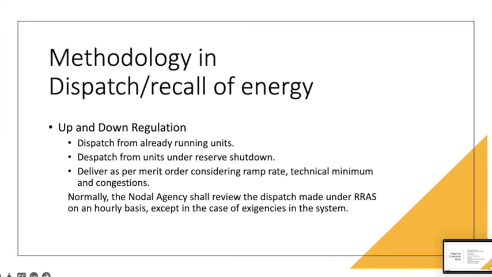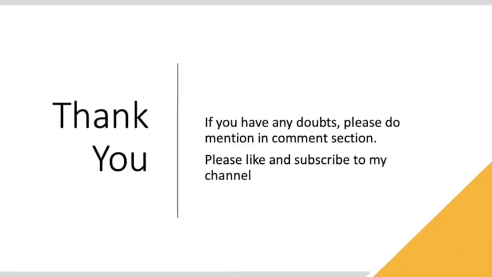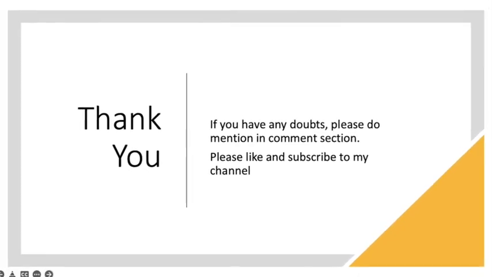Now, the last thing which we will talk about today in RRAS is the up regulation and the down regulation. Basically, what is the methodology followed? In case of up regulation, normally the first preference is given to the units which are already running. For example, if there is a unit which is running and has further capacity to generate without being overloaded beyond 105% of its maximum capacity, then the unit may be first given RRAS